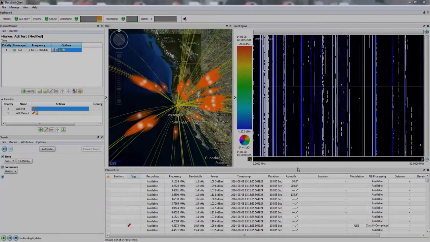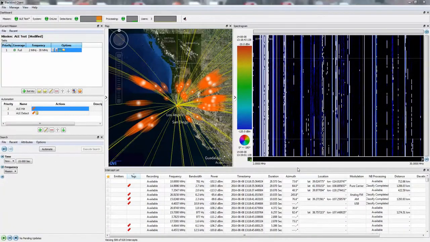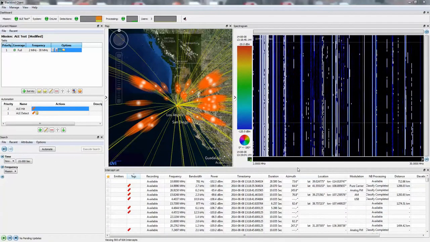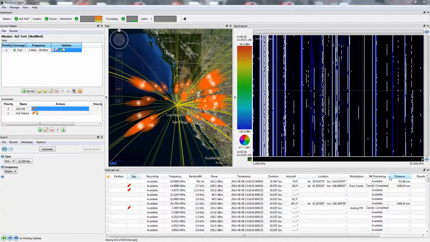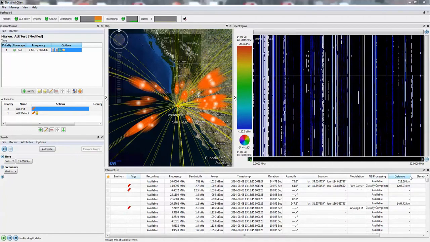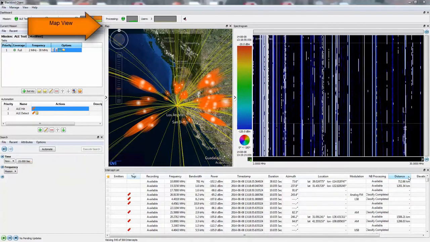This presentation shows several examples of TCI's HF, intercept, and single-site direction finding and geolocation system in use. The system has been set to stare at the HF range from 2 to 30 MHz, and the system is detecting, collecting, and performing direction finding measurements on all signals in the HF band. Intercept and direction finding results are shown in several views, including a table or catalog view, a map view, and